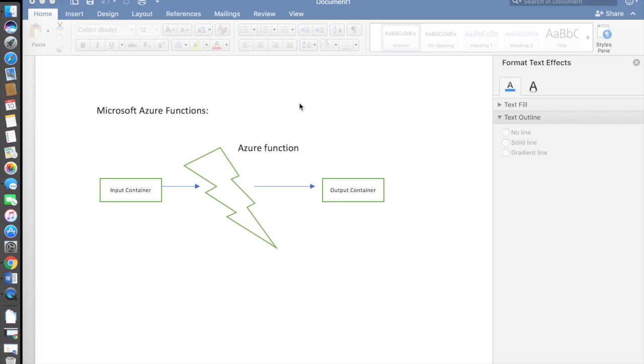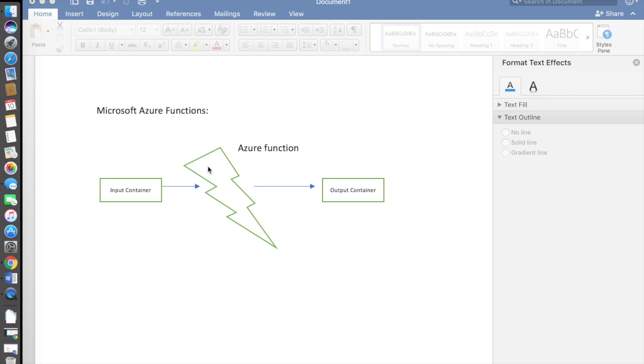This demo is regarding the serverless architecture, and we are going to create a serverless architecture via Azure Functions. So we'll be using Microsoft Azure services for that, and Microsoft Azure provides Azure Functions, which is basically used to create serverless architecture. So in this demo, we are creating two containers in the storage, and we'll be using two Azure services for that. One of them is Azure Storage Container, which provides the Microsoft Managed Cloud Service, and